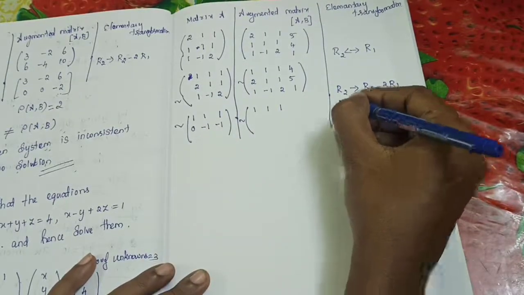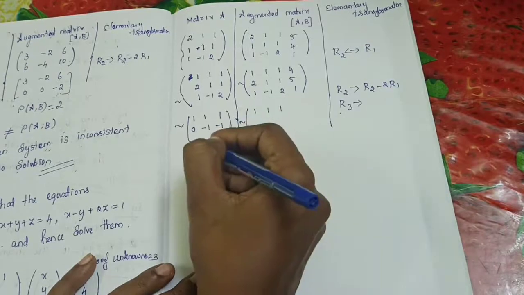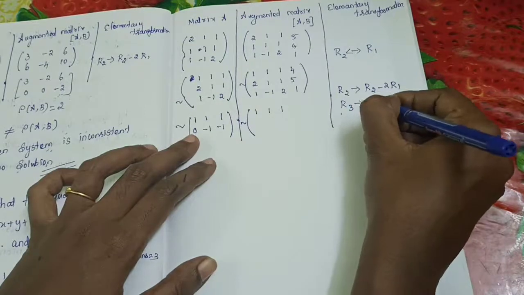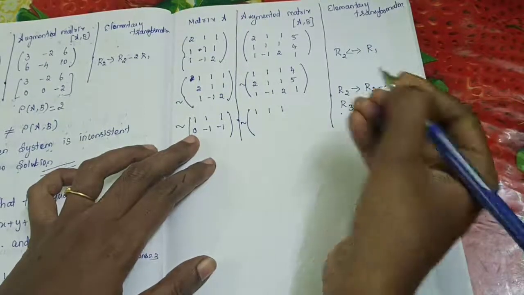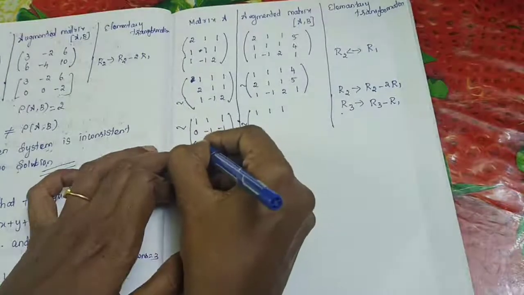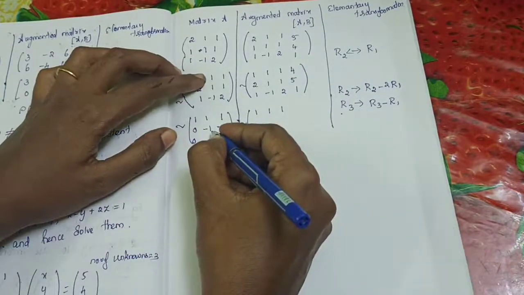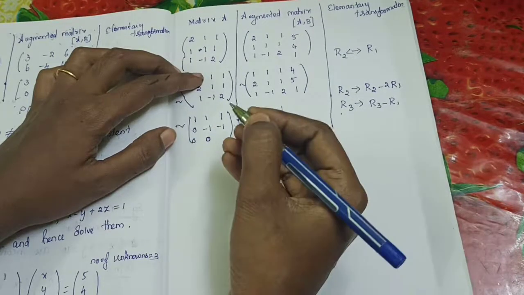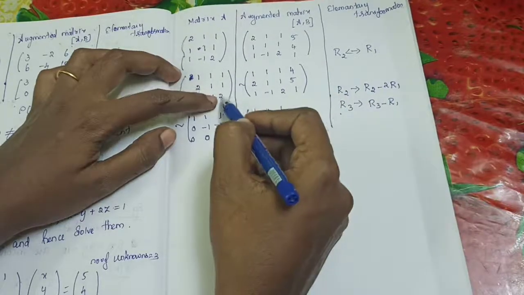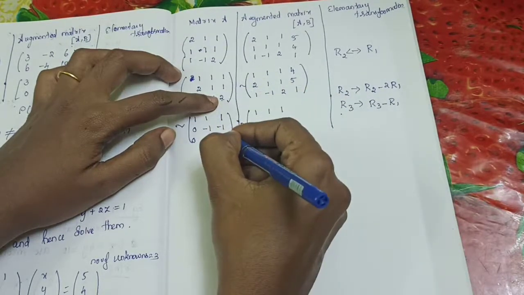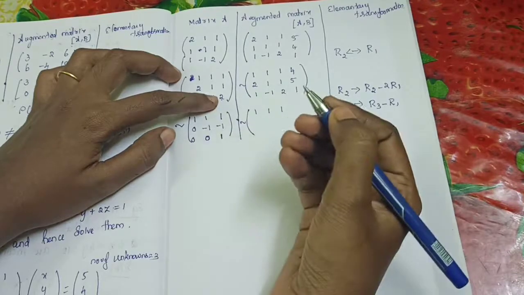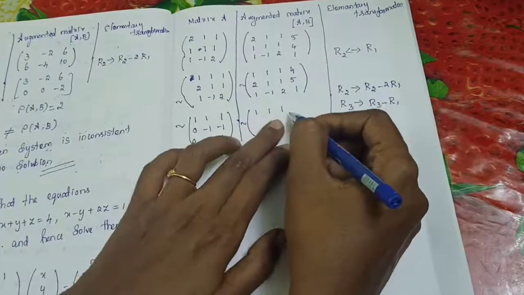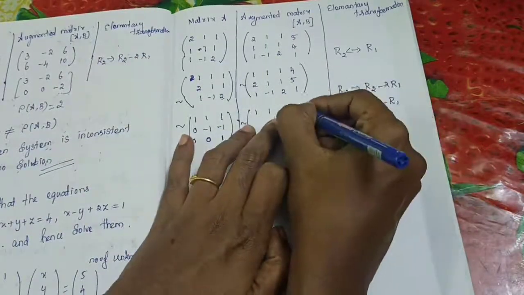So 1, 1, 1. Then we will complete this one afterwards. Next, R3 also you need to make the first entry as 0. Yes. So what will you do? R3 minus R1. So R3 minus R1, directly you will get 0. So 0. Then minus 1 minus of minus, so minus 1 plus 1 you will get. So this entry will become 0. Yes. Then R3 minus R1, so 2 minus 1 means you will get 1. Then same as this also. So here 1, 1, 1. Up to here same. So first row as it is, 4.